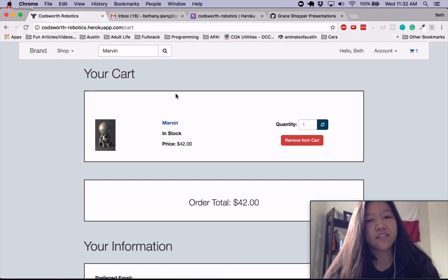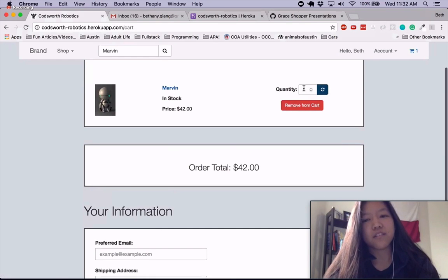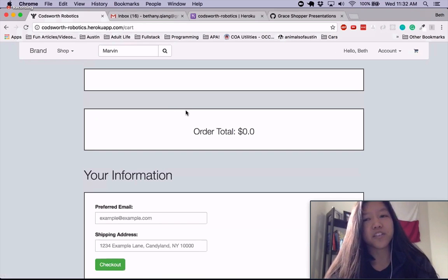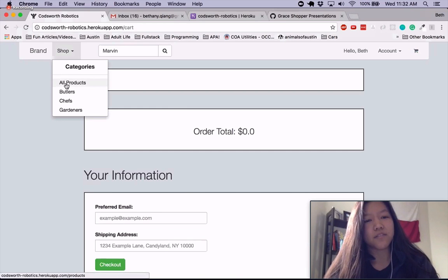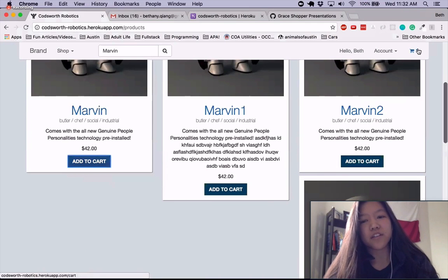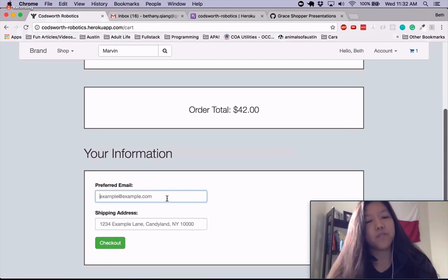And yeah, so then I guess we can change our quantity in the cart. So let's say we want 10 Marvins, and then our order total updates. We can remove Marvin from a cart. I'm gonna re-add. So we can also add directly from the product page, and then if we want to check out,